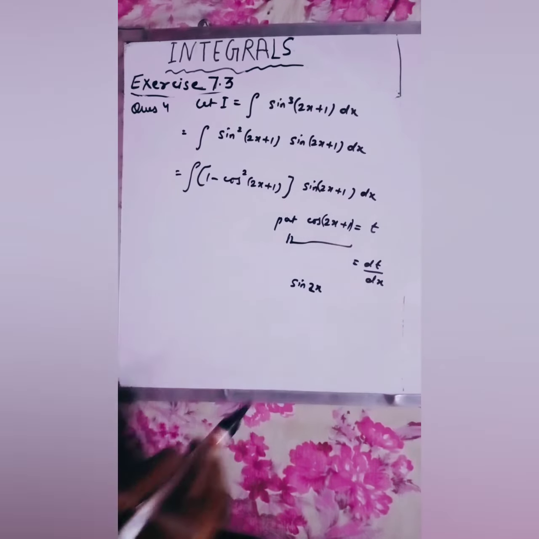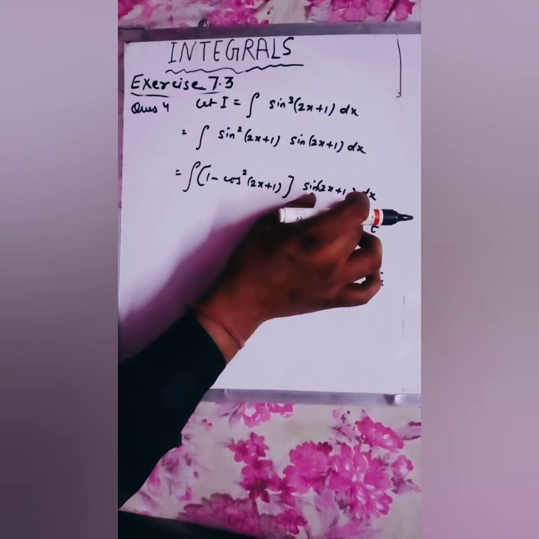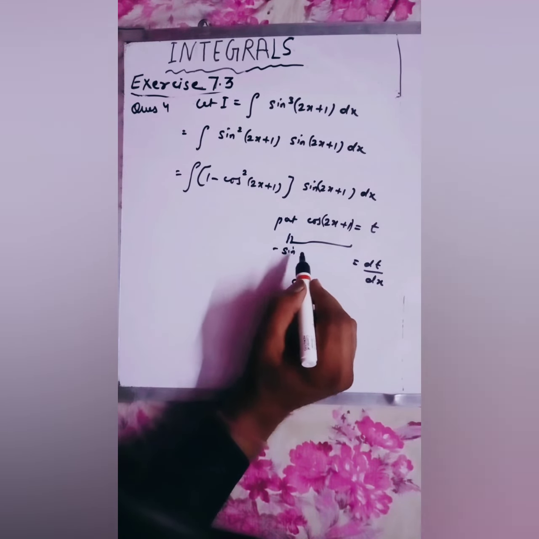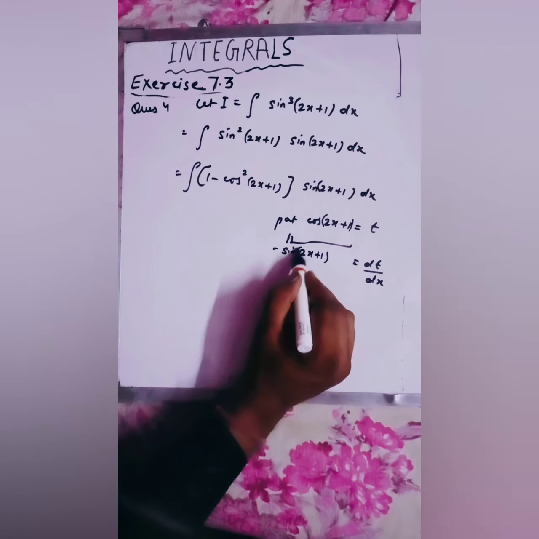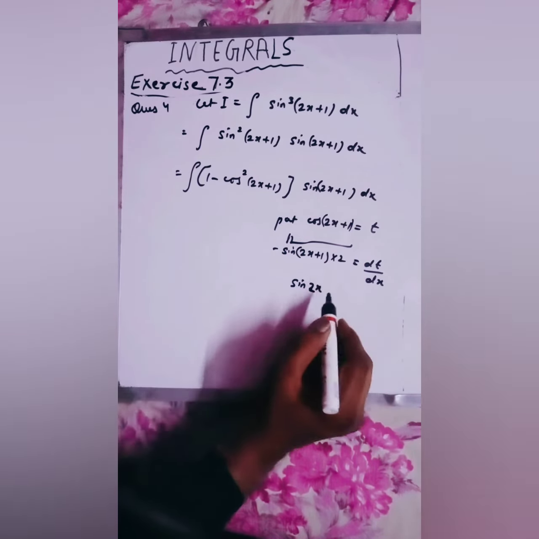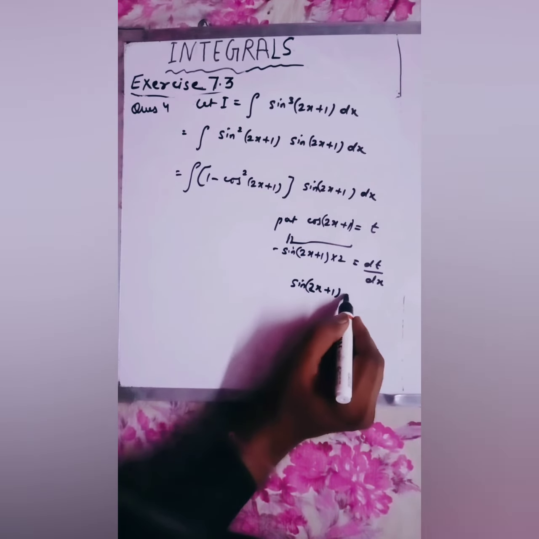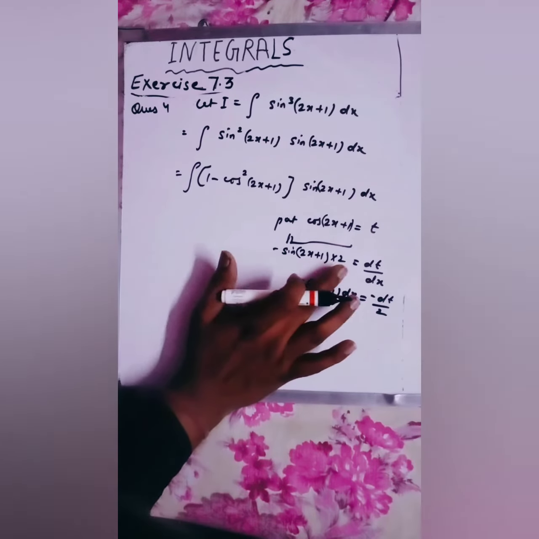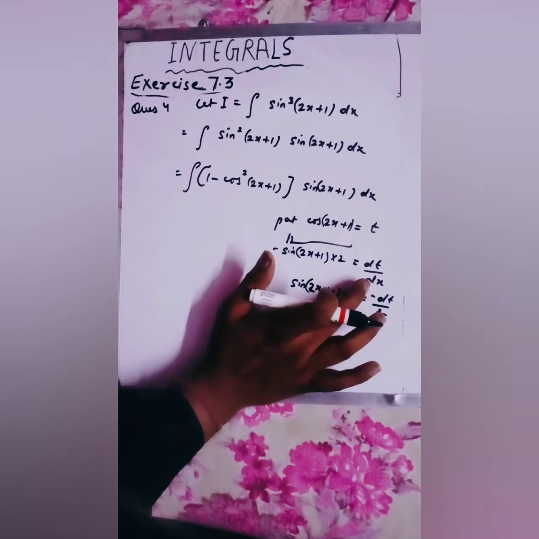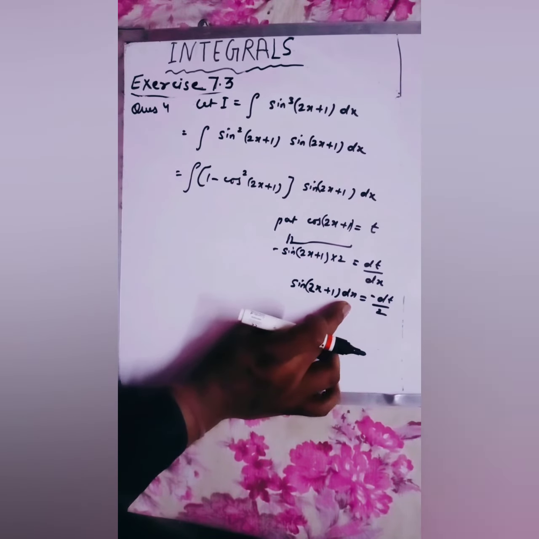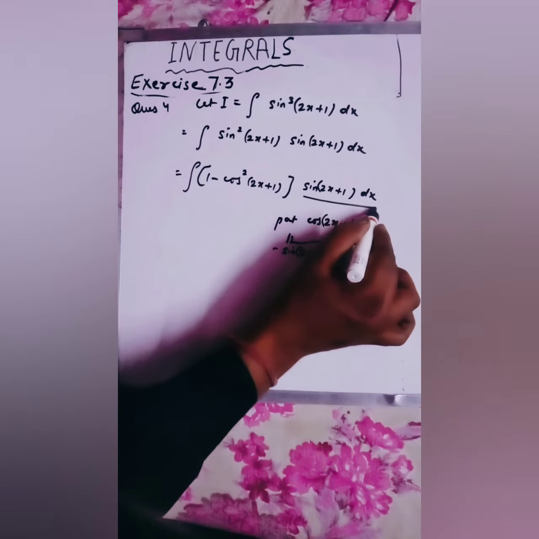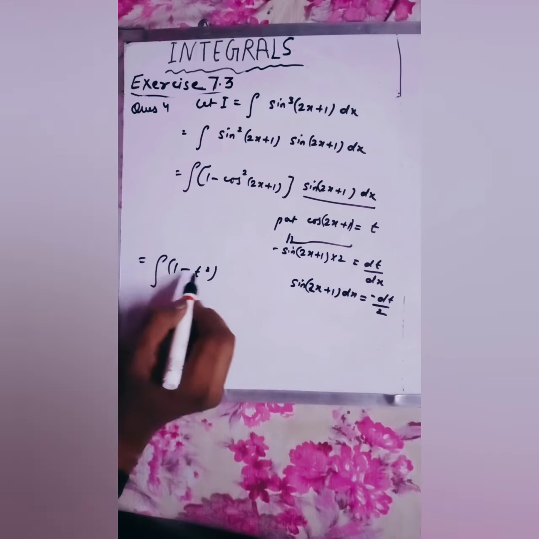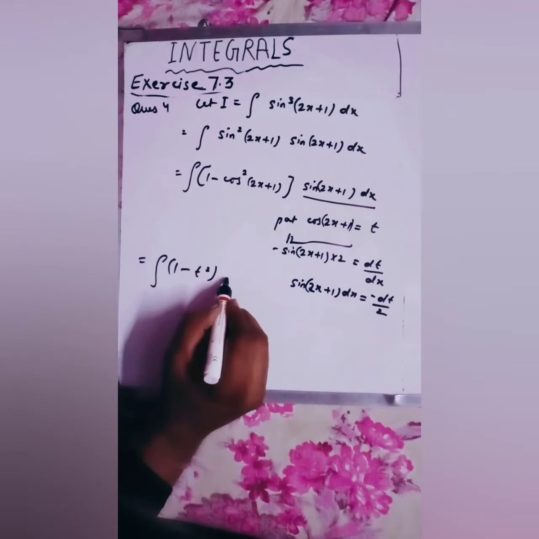Actually it is in angle. Okay, I thought 2x plus 1 were different terms, but actually this is a single term and it is in angle, so the derivative would be minus sine 2x plus 1 into 2. Okay, so sine 2x plus 1 into dx is equal to dt upon minus 2. See, minus 2 will come in the denominator and this dx will come with sine 2x plus 1. Okay, so now in place of this you have to use this, and finally you will get 1 minus t square, this would be t, into minus dt upon 2.